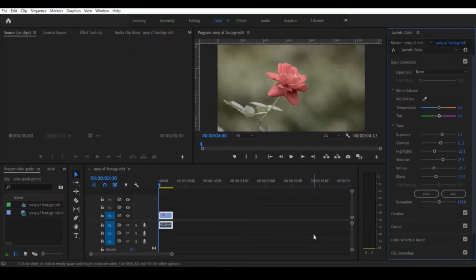So in this video, we are going to learn the basic correction tools. Okay, so in the previous video, we have learned what basic correction was and we saw it here. Now in this, we are going to convert this video into a cinematic video. Now this video is looking very bad, I can understand. Okay, so we are going to convert this.